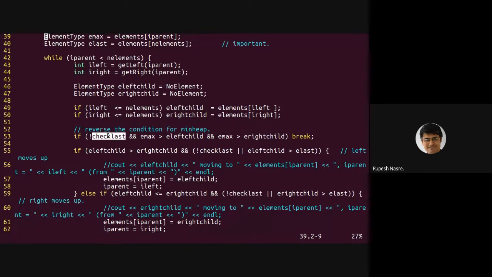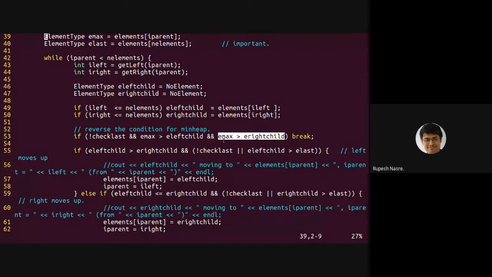Yeah, so there is this flag which I'll have to use. We'll come back to that. If the maximum element, that is the element at the root, is greater than the left child, which is going to be the case to start with, but it might not get satisfied as we percolate elements down, so therefore this condition is required, and it is also greater than the right child, then that is going to give us the end condition.